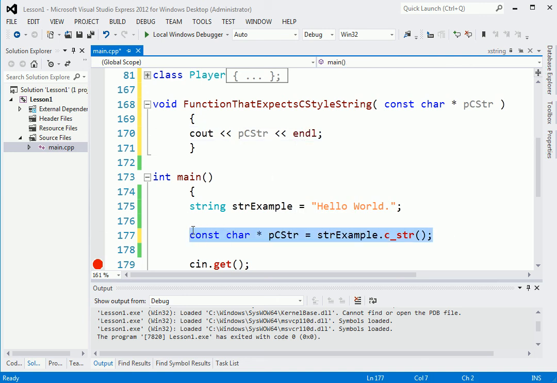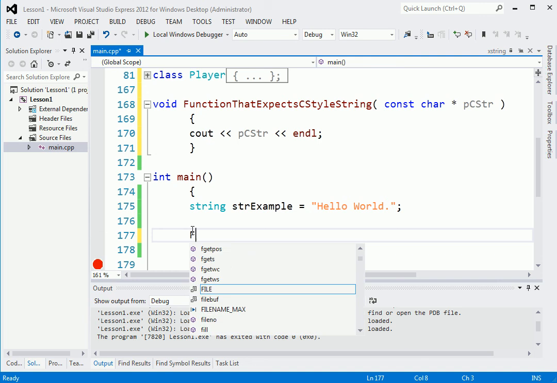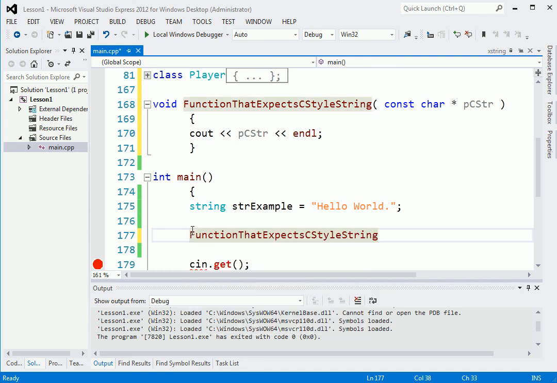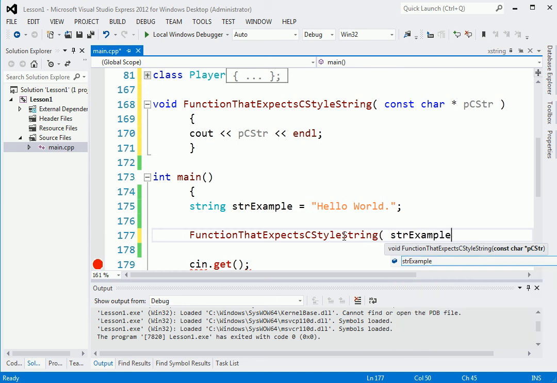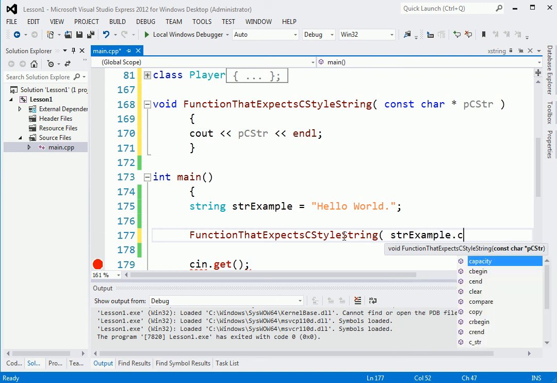Down here, we're going to call our function that's expecting a C-style string. In the parameter list, we're going to do str_example, because this is our string, dot c_str,